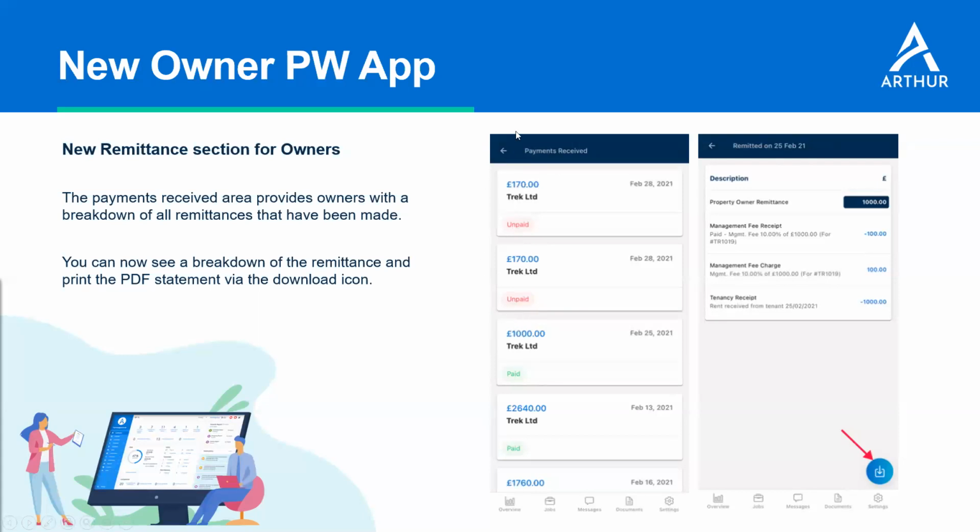I would go into my payments received and I can see a £1,000 payment made to me on the 25th of February. If I click into that, you can see here a breakdown of all the transactions against that £1,000. So it's all very clear in detail. And if you click this little download icon down here, it actually downloads a PDF statement of that remittance. So instead of you guys having to use the batch print section or to email it over to them or to mail it over as a letter, they can simply download it here through the app